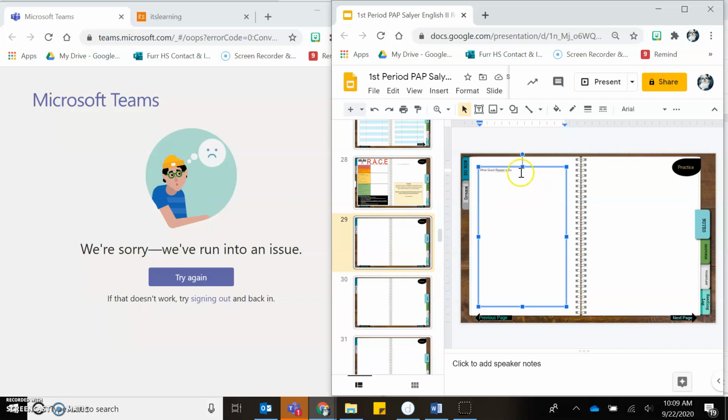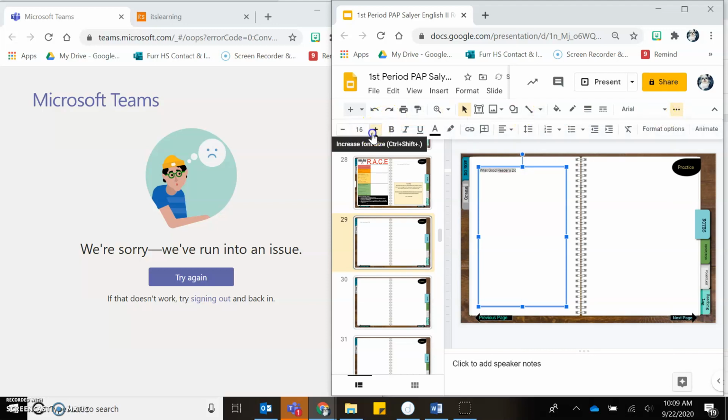But Miss Salyer, it's so small. I know, babe. Let me show you how to fix it. These three little buttons right here that say more, you're going to click those and you're going to bump it up. I think mine's at a 24. There you go. And we are ready to